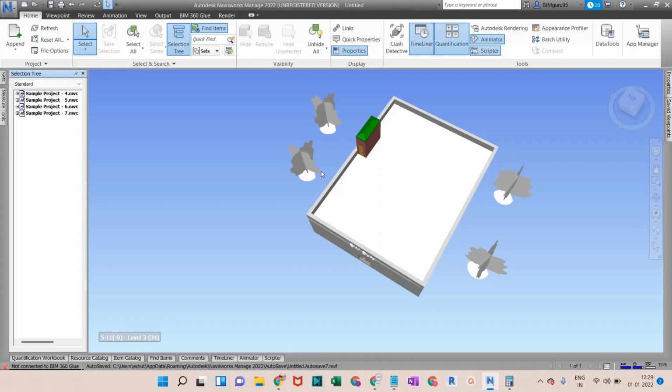So if that kind of situation happens, then in that case we need to refer to the NWF instead of the NWD file. Now let me talk about the importance of the NWD and NWF as well.